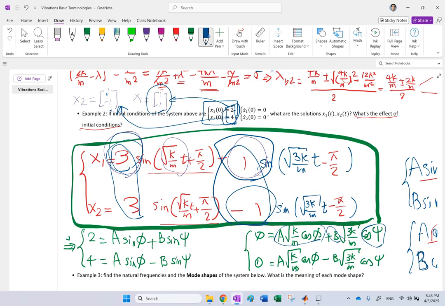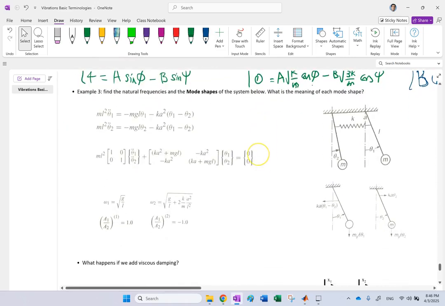So mode shapes have lots of applications. There are lots of things that you can tell. They tell you how initial conditions will make which one of these frequencies have bigger weight or more contribution, which one to have less contribution. Hopefully I made it clear for you. Okay, let me move on to my